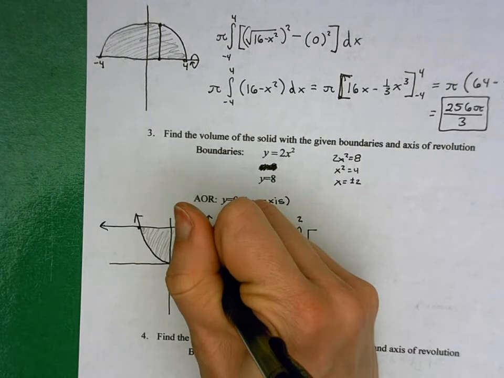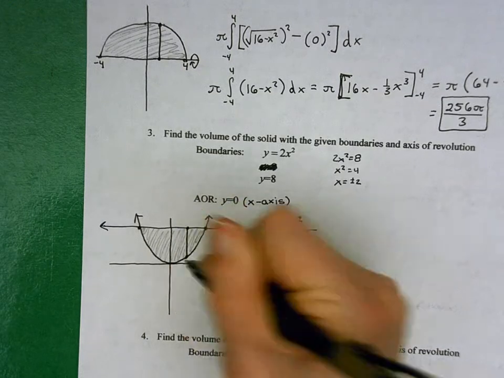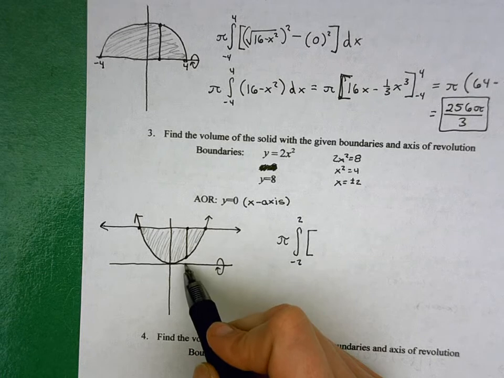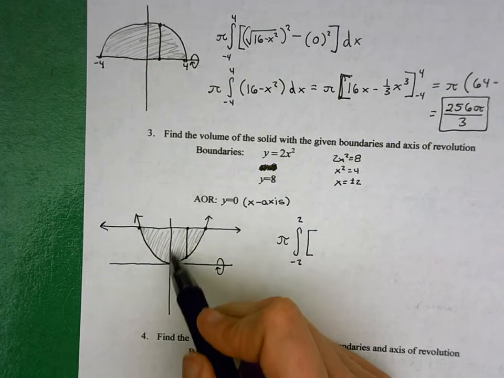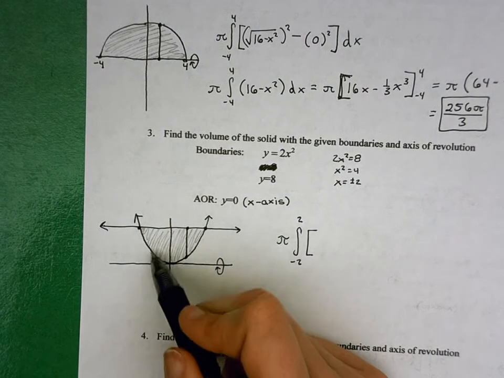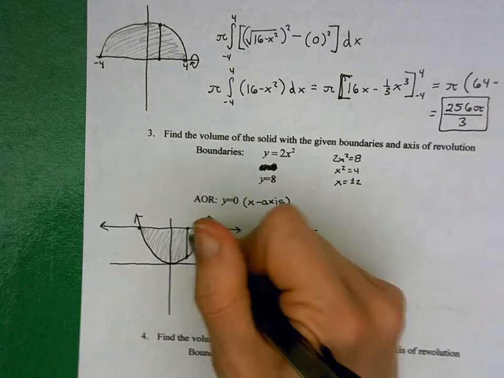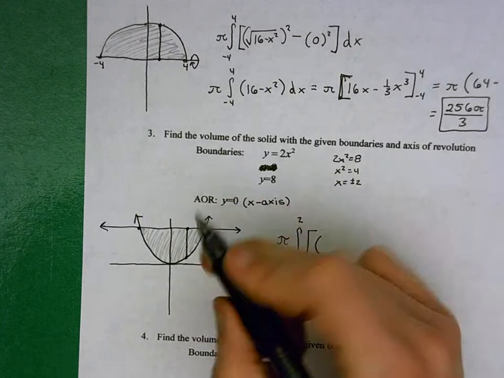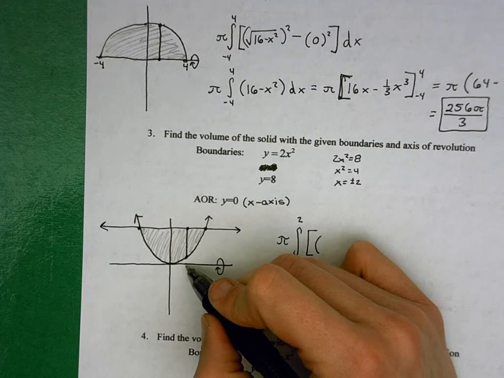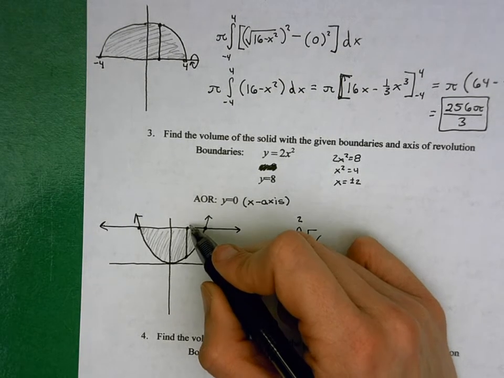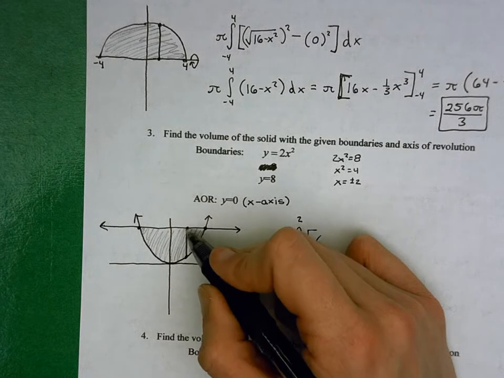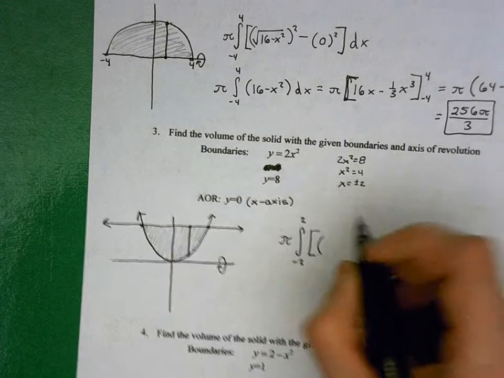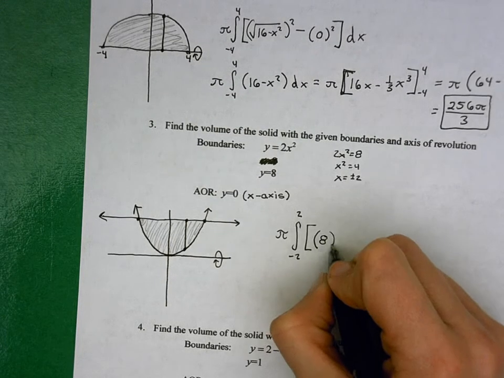Representative rectangle, so here's where we have to use washer method because our representative rectangle doesn't go all the way down to the axis of revolution. It does right here at the center, but it doesn't over the whole region. And so for my representative rectangle, I need to figure out first, what is that big R? What's the distance from the axis of revolution up to the furthest point of my shaded region? That distance from here up to that furthest point is this horizontal graph, which is y equals 8. And so we're going to do 8 squared